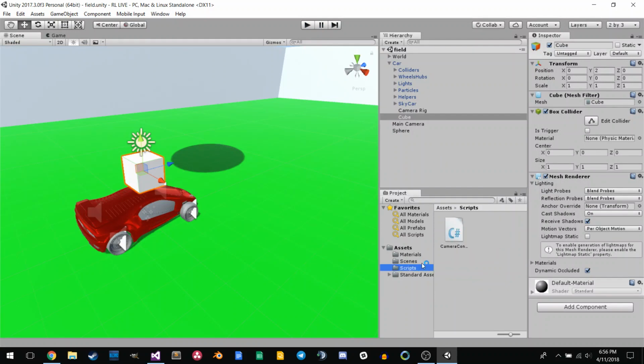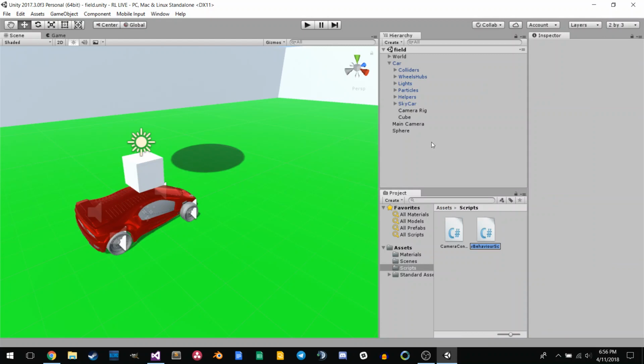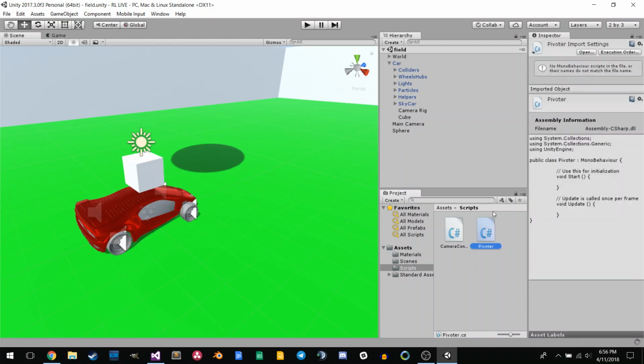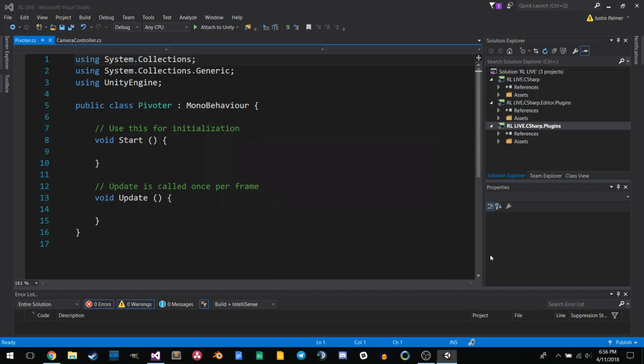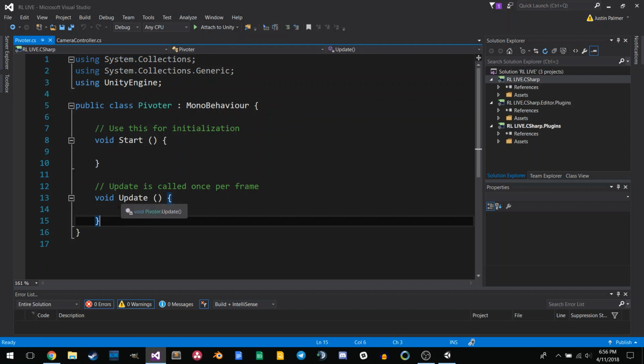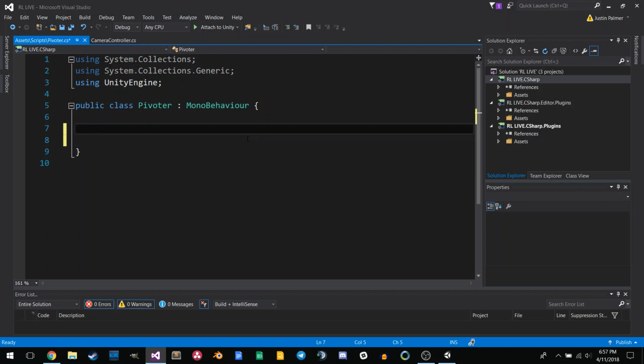Okay, so back in your scripts folder, create a new script. We're going to call this one Pivoter, and it is going to do exactly as its name implies. This script is going to be pretty simple as well. The two default methods that you get, we don't need those, so we can rip those out. And we don't need any other variables either. So what we can do is, in our LateUpdate function,